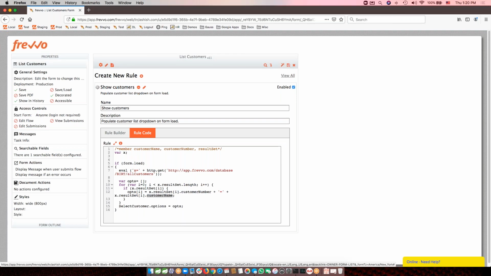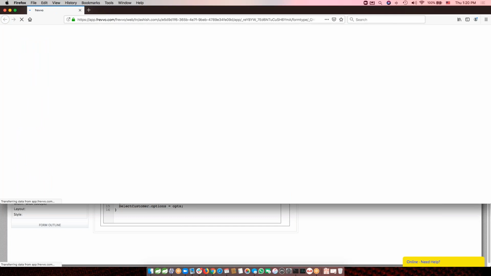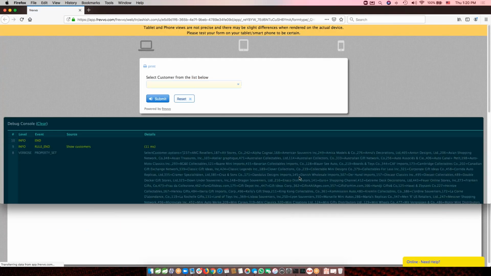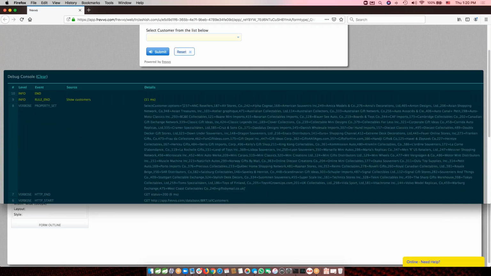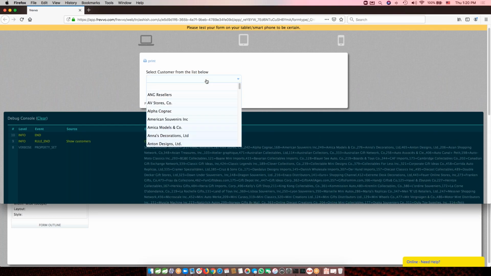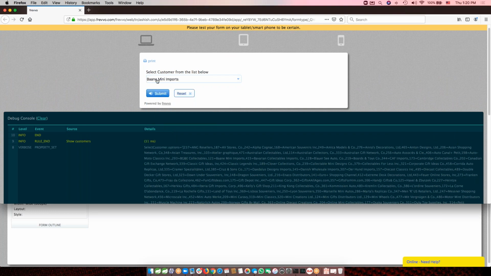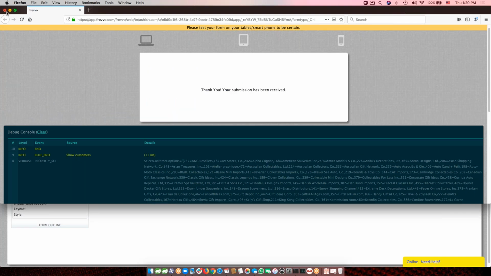So again, if we were to run this exact same rule, exact same form, excuse me, you'll see that it runs the rule, but this time it's setting the options to customer number equals customer name, etc. So what you see down here is a user-friendly list of customers. When I select this particular customer, the value of this control is actually going to be set to the customer number. We can see that if we were to submit the form